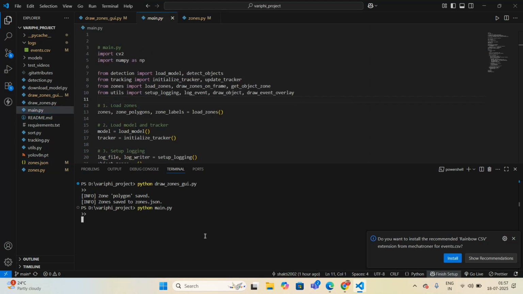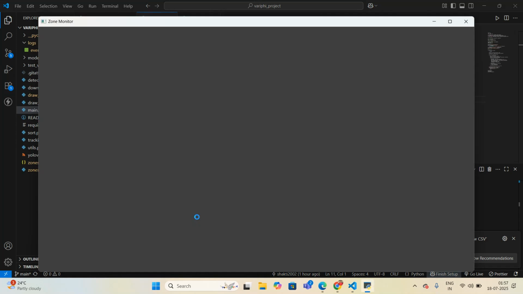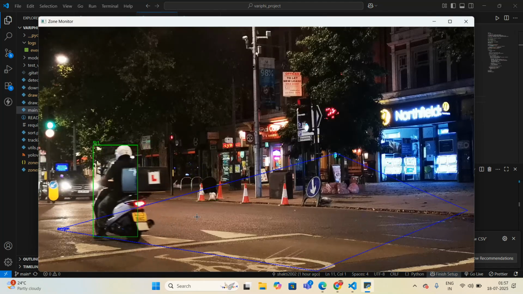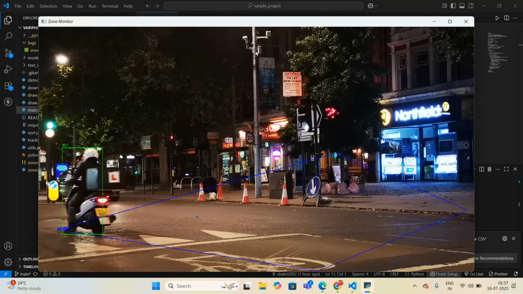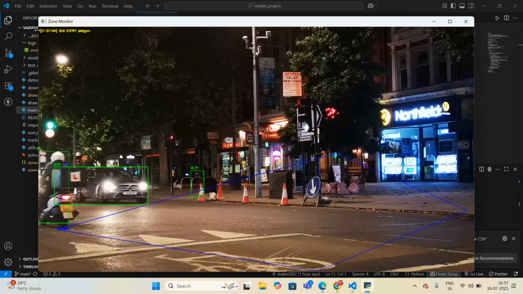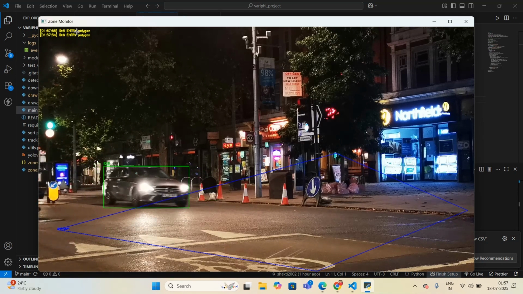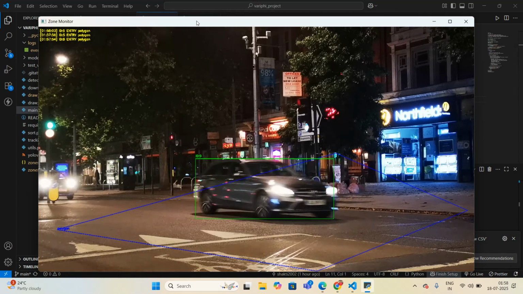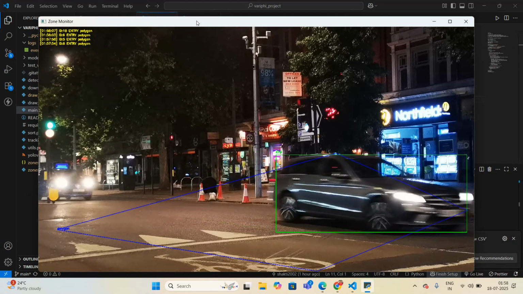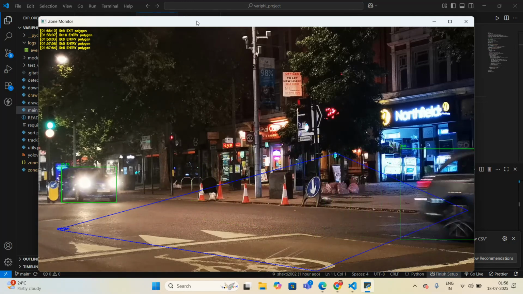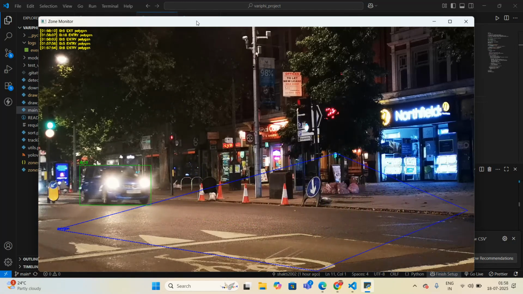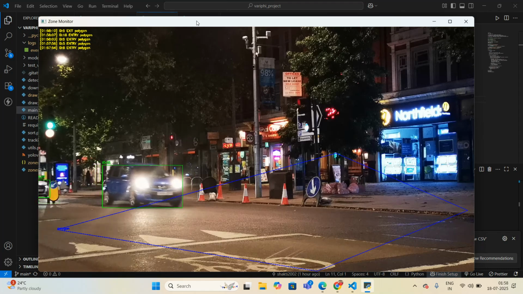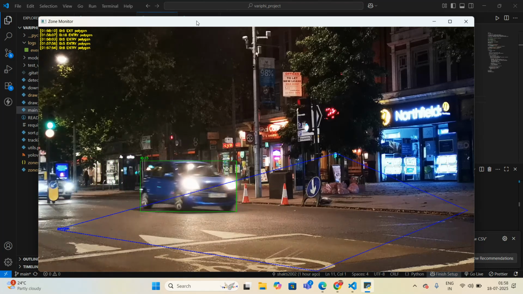Once the zones are set, we will run the main.py file. So as you can see, I am running the main.py file. It starts processing the video. After some time, using YOLOv8 and tracking with SORT, it flags objects entering predefined zones. As you can see here in the top left side, the ID, the timing, entry or exit, and the polygon name are coming, and it is giving us the top 5 entries or exits, and it is changing continuously. So each intrusion is logged in real time including zone, object ID and timestamp. The data can later be extended for notifications or logs.